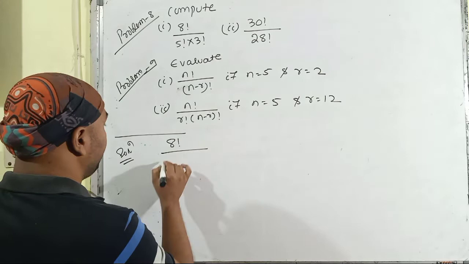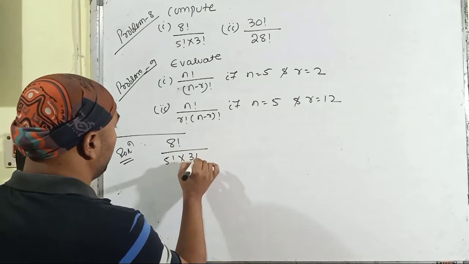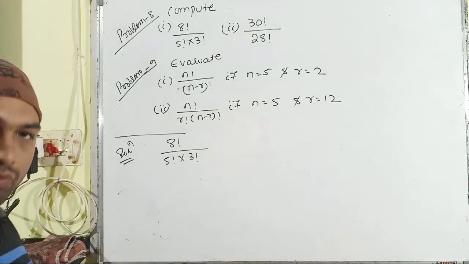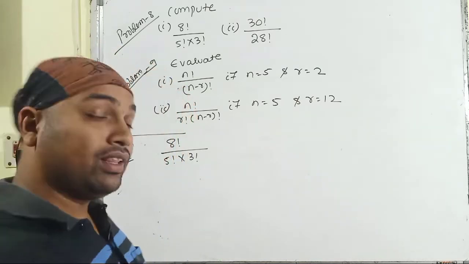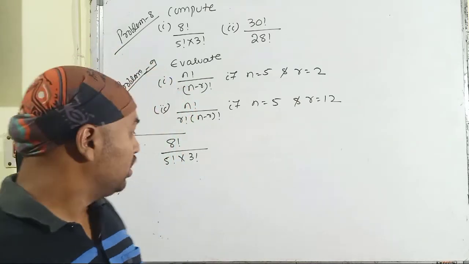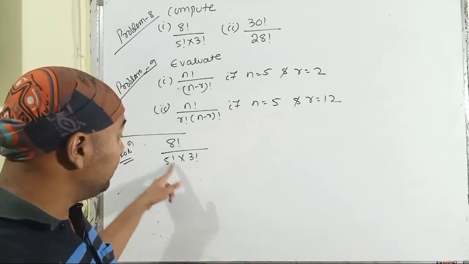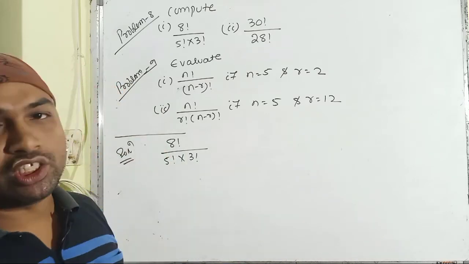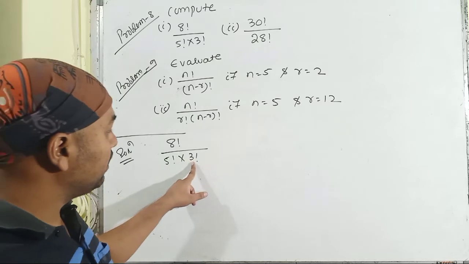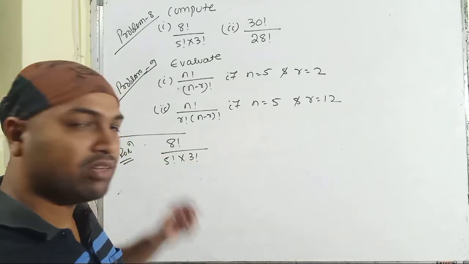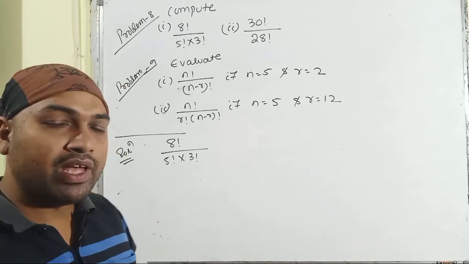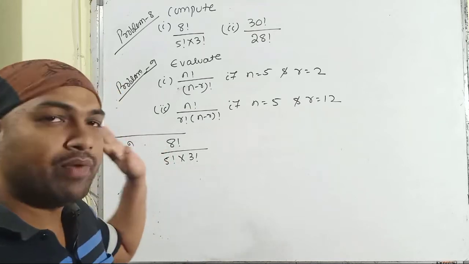here is a puzzle, because more than 2 factorials are given to you. So first of all, you have to find out the greatest factorial, and then you have to find out the smallest factorial which is very much closer to the greatest factorial. 3 factorial is a smallest factorial, but it is very distant from the 8 factorial, and 5 factorial is very much closer to, or next to, the 8 factorial.